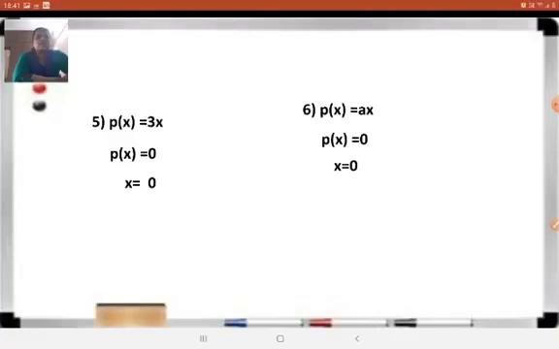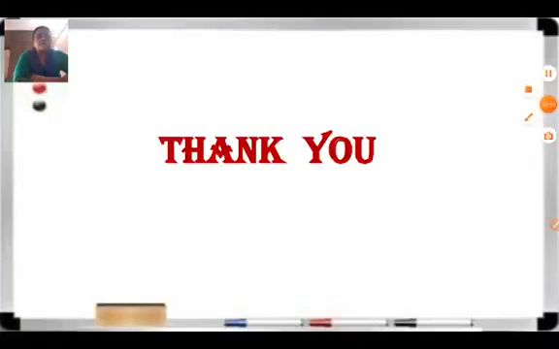And the second one, find the 0 of a polynomial. For that, set the given polynomial equal to 0 and find the value of the variable. That value of the variable is called the 0 of the polynomial. Correct? So here we have completed today's session, and we have completed exercise 2.2 also. In the next period we will start with the next exercise, that is 2.3. Till then, thank you so much.